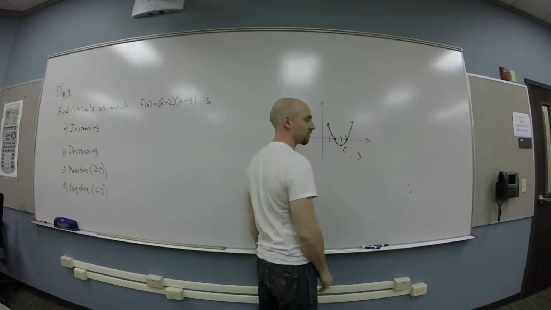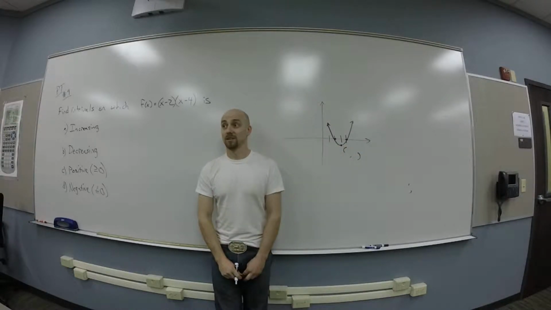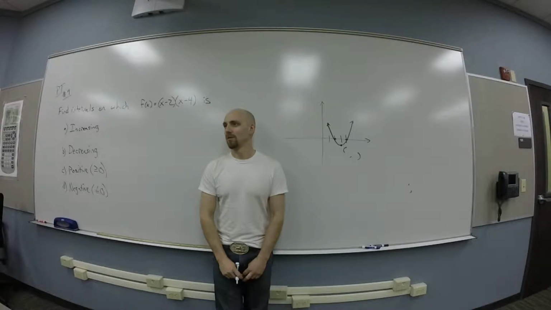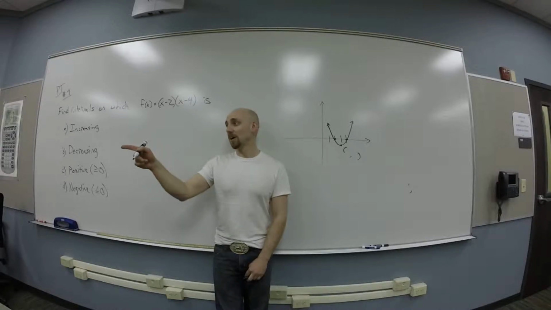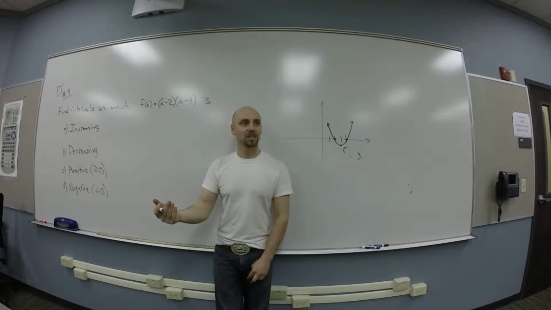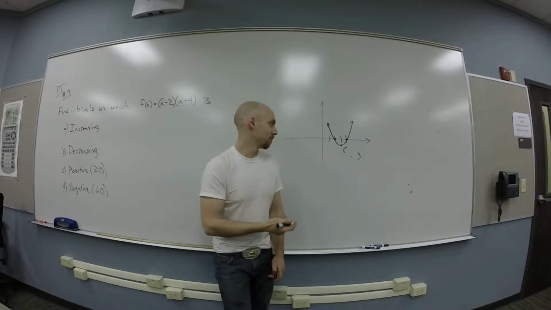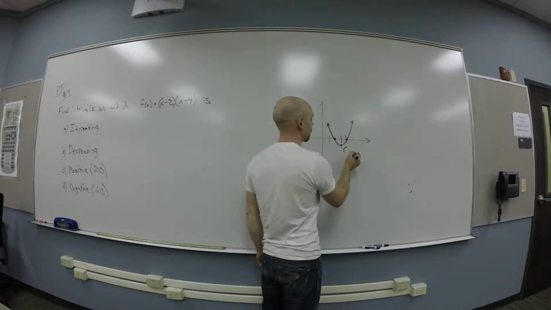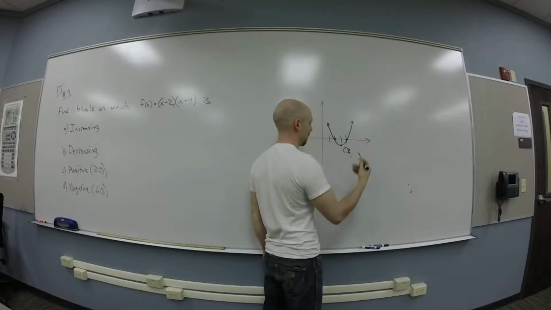What do you know about this vertex? It's in between. Yeah, good. The output for it is negative, right? What else do you know? What's the x value? It's 3, right, it's the middle, because it's symmetrical, so it's halfway in between the x-intercepts. So it's 3, comma,